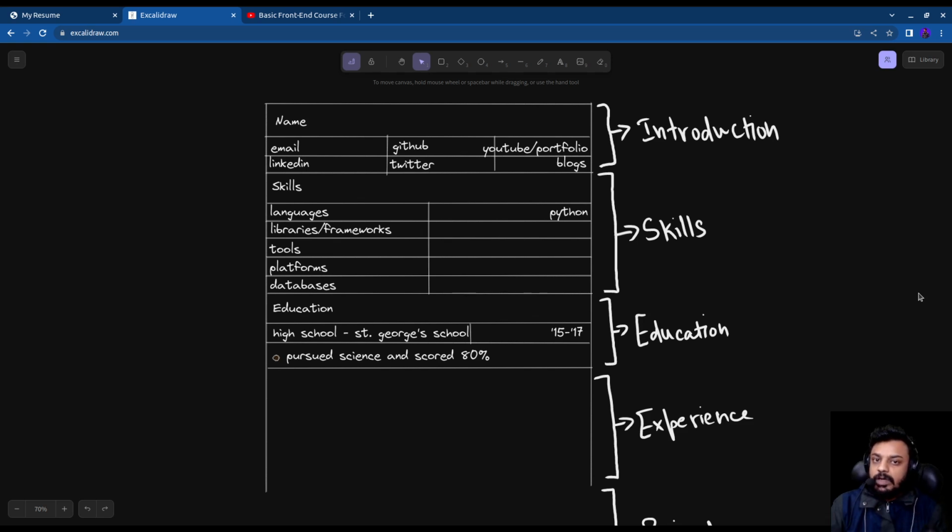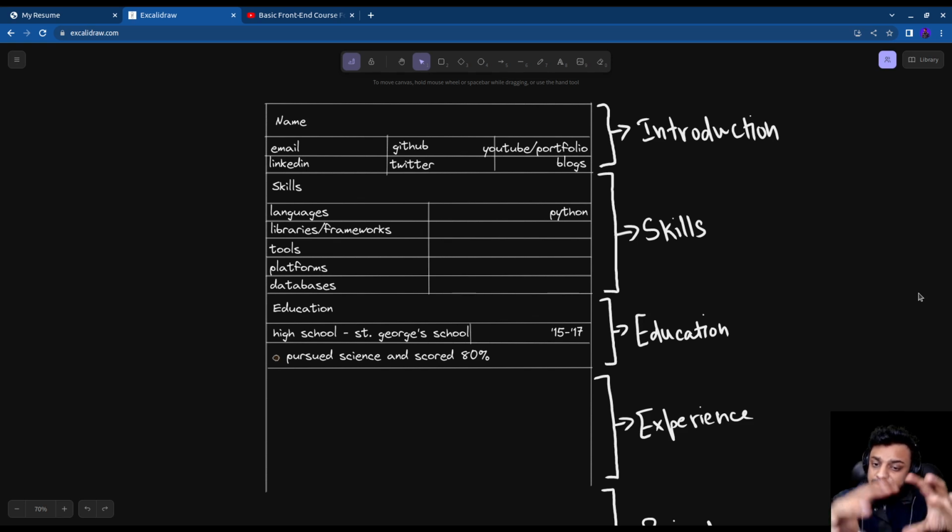So imagine yourself being the HR, right? Now let's say you are the HR in some company and they posted a job with some job description, and as an HR you received probably 400, 500 applications, right? Now your job is to filter out some good resumes, some good candidates out of that bulk of 400 and 500 candidates, and then forward it to the team so that they can choose the candidates that they want to interview. Right. Now, if you were in a similar position where you had 400, 500 resumes in front of you,